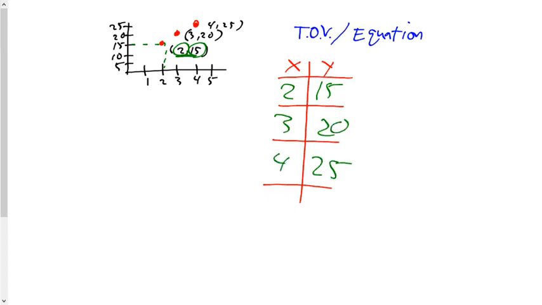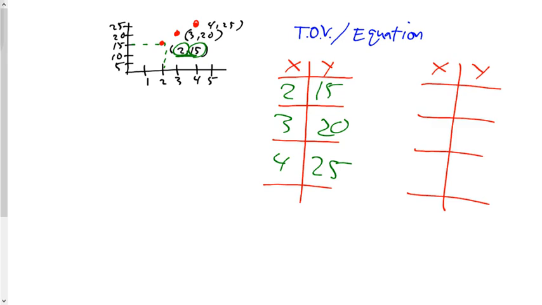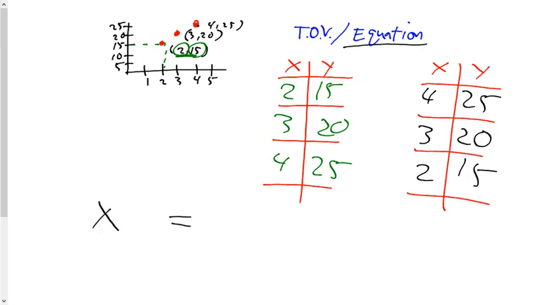Somebody asked me very smartly, what would happen if you started with this point instead? No problem. It would be (4, 25), (3, 20), and (2, 15). Either table of values is going to garner the same equation. I'm just going to show you with both of them. In order to get the equation, which is our next step, you need to leave kind of a template for your x and your y, leaving a space for a coefficient and a constant. To determine the coefficient,